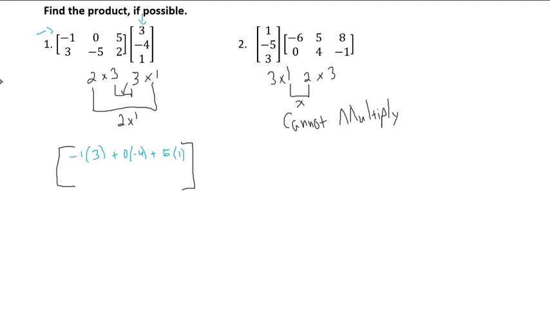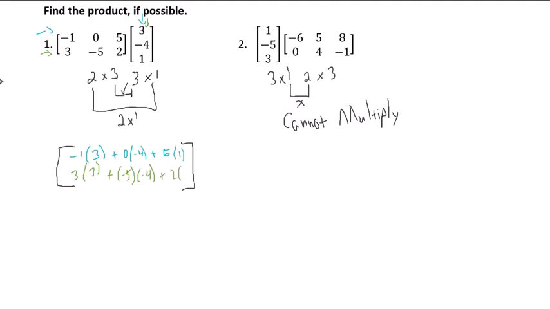And then we do row 2, column 1, and that will be in row 2, column 1. So 3 times 3 plus negative 5 times negative 4